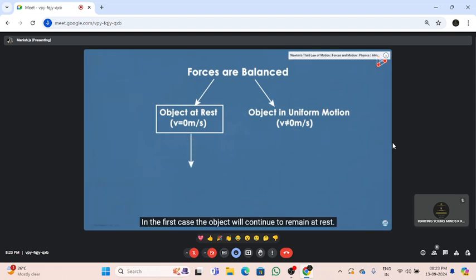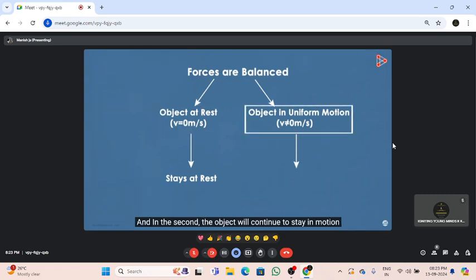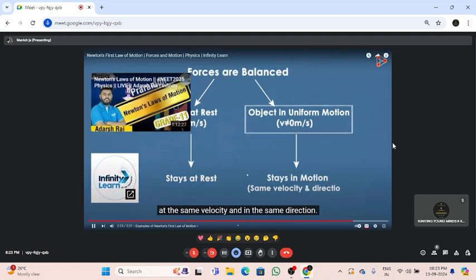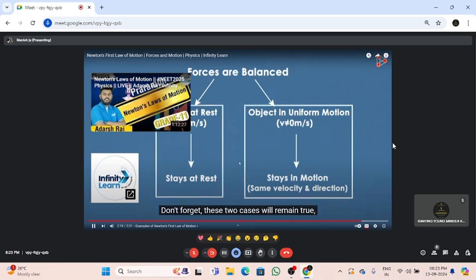In the first case, the object will continue to remain at rest, and in the second, the object will continue to stay in motion at the same velocity and in the same direction. Don't forget, these two cases will remain true only if the forces are balanced. In the next video, we